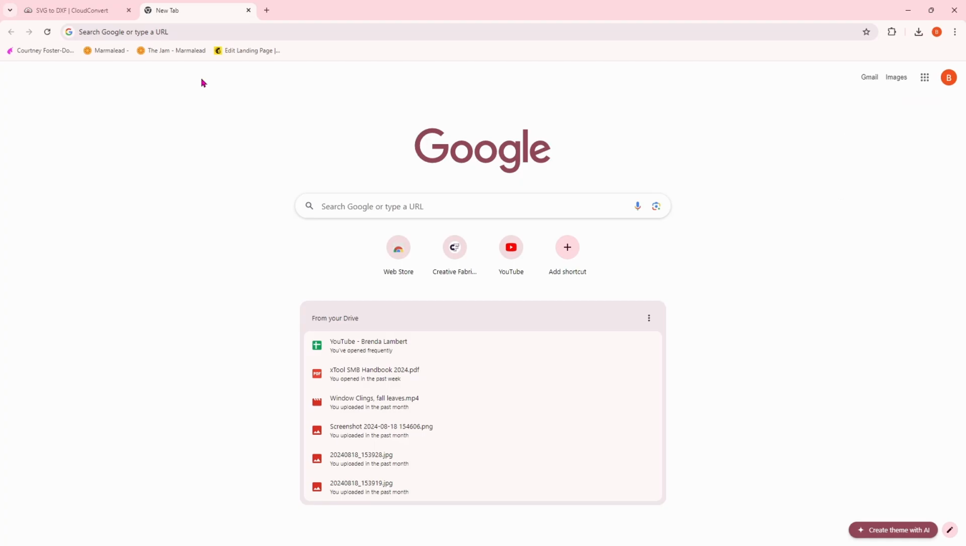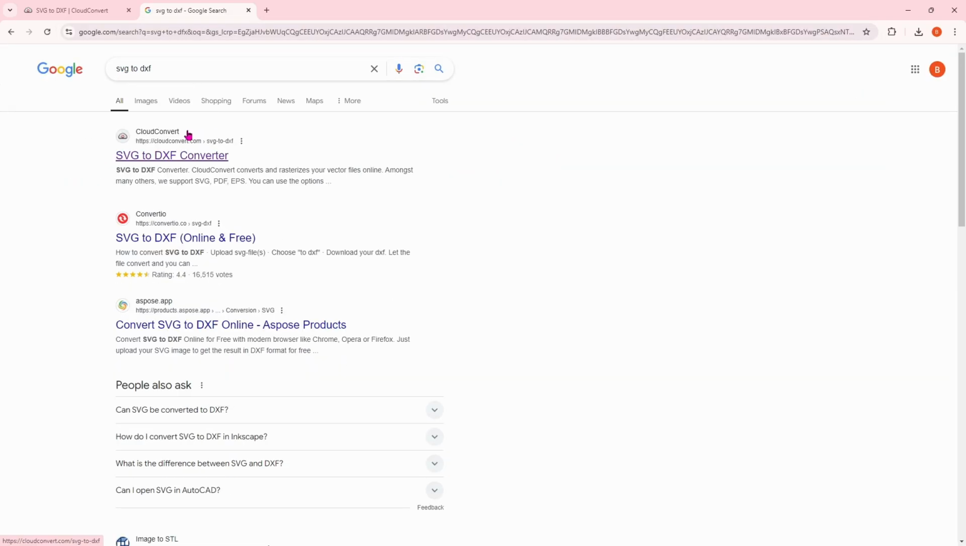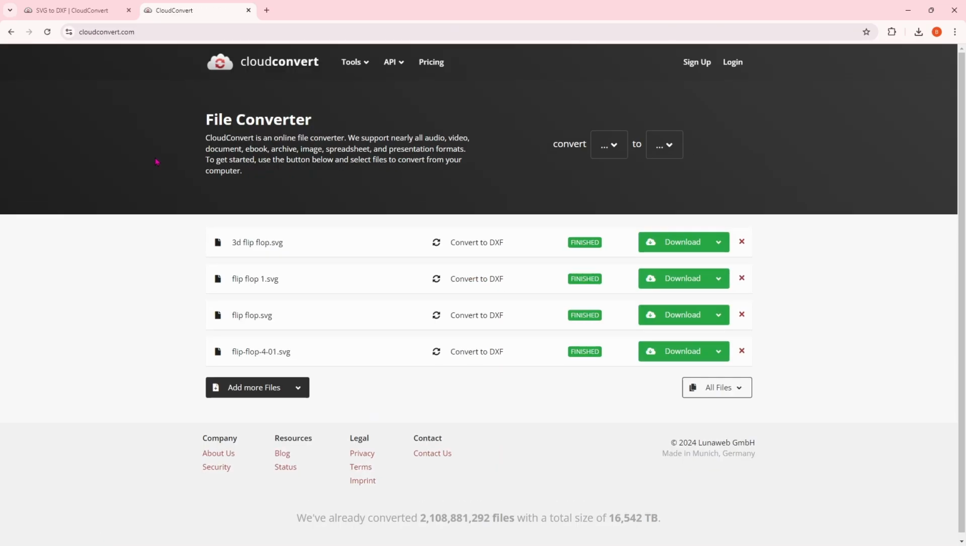You're going to want to head over to Google or any search engine and type in SVG to DXF. I had it backwards, but the first listing that comes up is typically Cloud Convert. This is where you want to be. Go ahead and open that site up and you can see that I have been working with this file on the site just to make sure that it works. We are going to go ahead and click on Add More